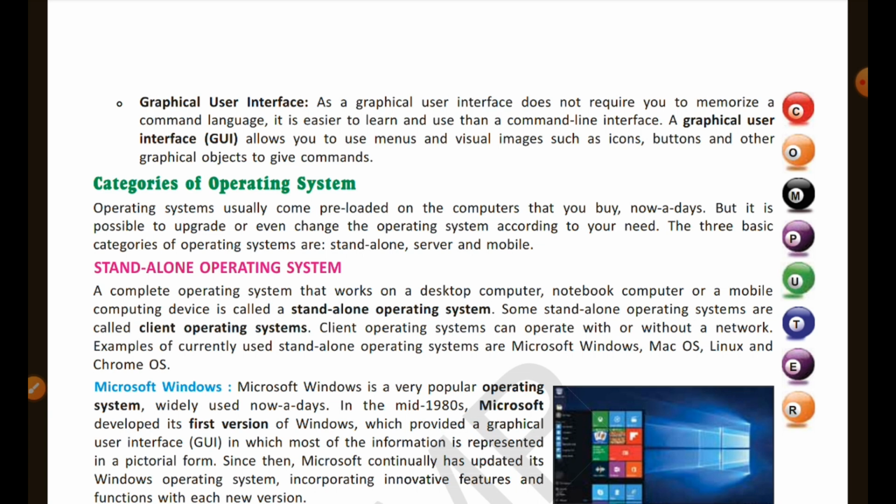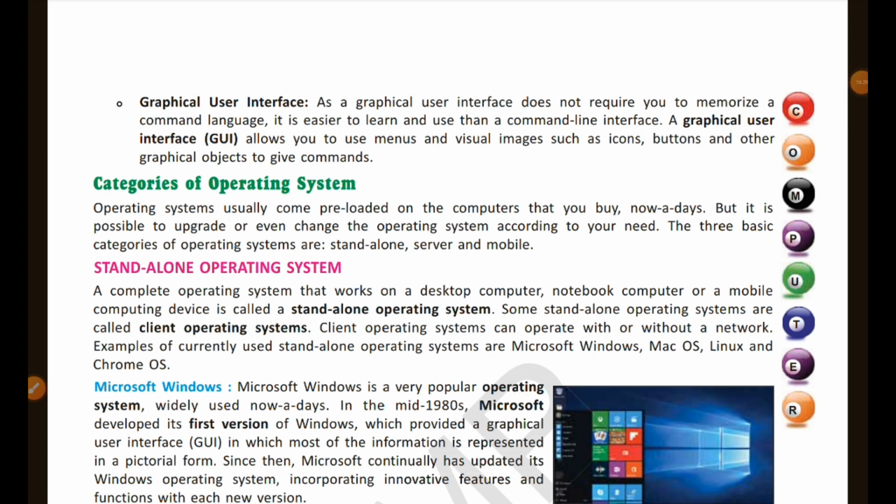For example, on your monitor screen, the lower left corner has a Windows sign. Means it is a GUI, graphical user interface icon, that helps you to go to the library of the computer, or the icons that you see on your desktop screen. These are all because of GUI. Now